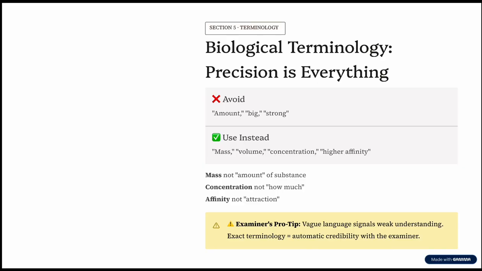Another thing which you really need to understand is using correct vocabulary. The word amount with a big red X through it. Here you can see in the slide. It is far too vague for a grade 7 student. Are you talking about mass, volume, concentration? When you use the specific biological term, you instantly signal to the examiner that you know your stuff. It builds academic trust. When I see precise language, I know I am marking a high level paper.